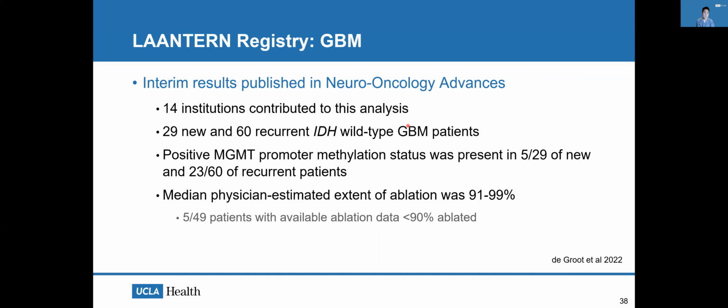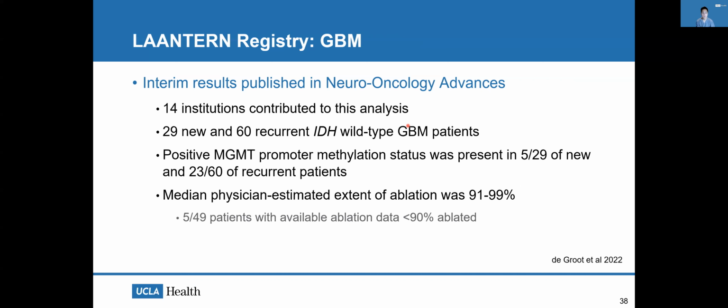29 were newly diagnosed, 60 were recurrent GBM patients. All of them were IDH wild type. In addition to that, 5 out of 29 of the new and 23 out of the 60 of the recurrent ones had positive MGMT promoter methylation, which means the majority of them actually were MGMT promoter non-methylated, which we know has a worse prognosis. I think another compelling component of this registry and the data was that it really demonstrated